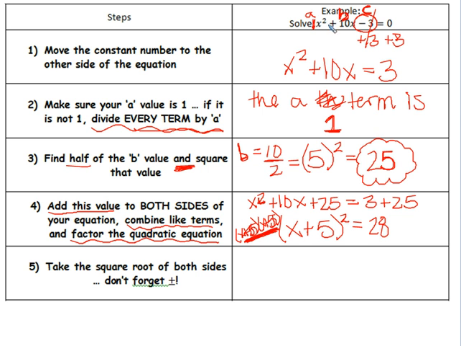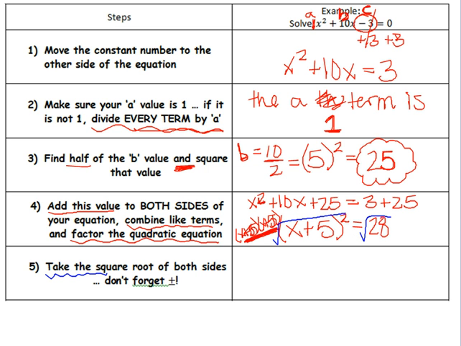And look at this. Notice how we started with 2 x's, but now that we changed the way it looks, we only have 1. So since we have 1 x, this is when we might actually be able to use a square root. And we can actually do that. If I go to step number 5 here, it says take the square root, because after all, I'm trying to solve for x. I can get rid of a power of 2 by square rooting both sides. So if we do that,